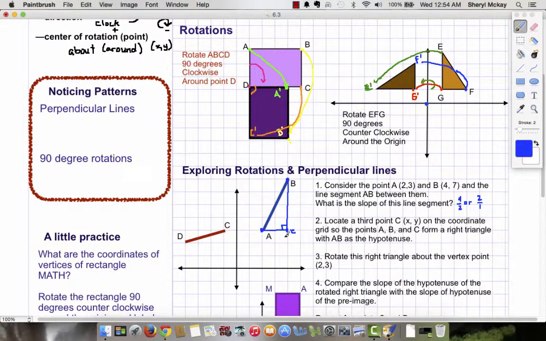Okay? Now, suppose we were going to rotate this triangle around the vertex point of 2, 3, right around this point right here, 2, 3. We're going to take this triangle and rotate it. We can rotate it any way we want, but we'll go ahead and rotate it counterclockwise around this so that